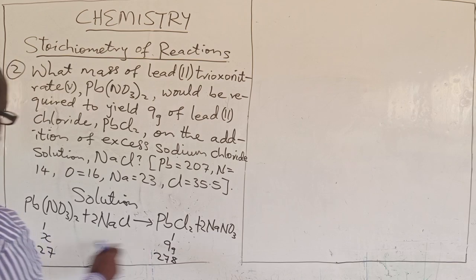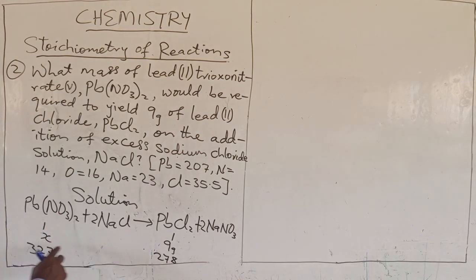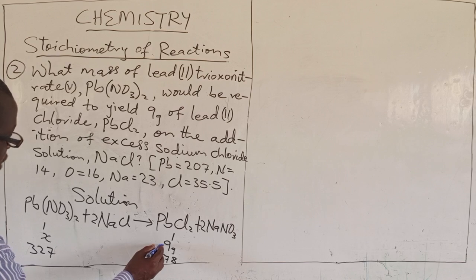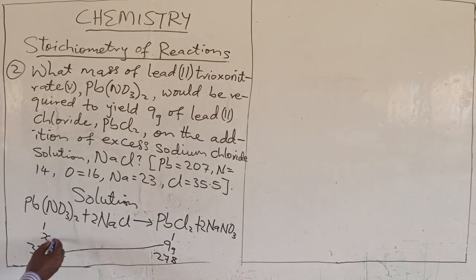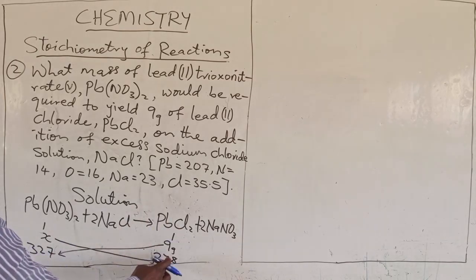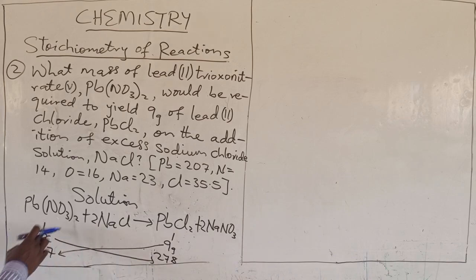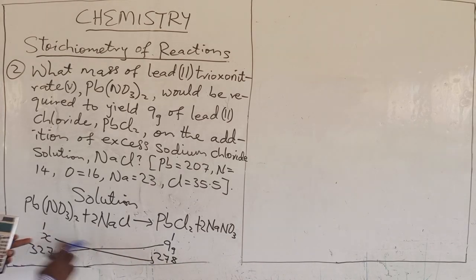And they are asking you to calculate the mass of this that will produce 9 gram. So why not you cross multiply this to this? Since they are 1 to 1, no problem. Just cross multiply. If they are more than 1, I would have used that value to multiply with this before I do the cross multiplication. So cross multiply that, and that will be x